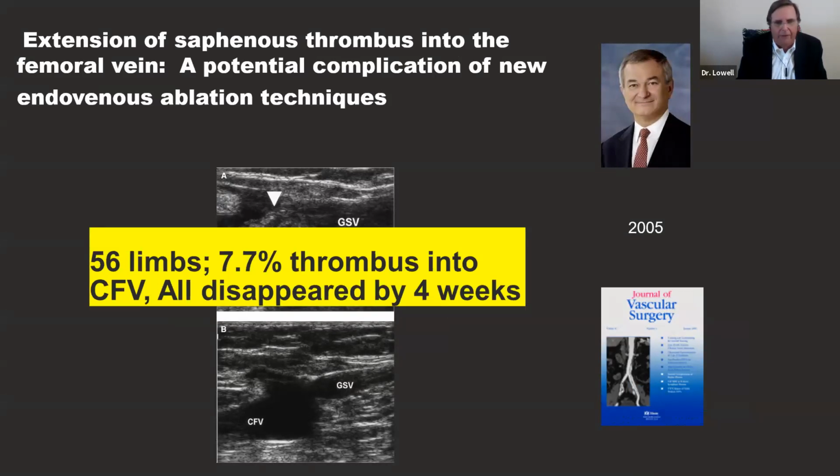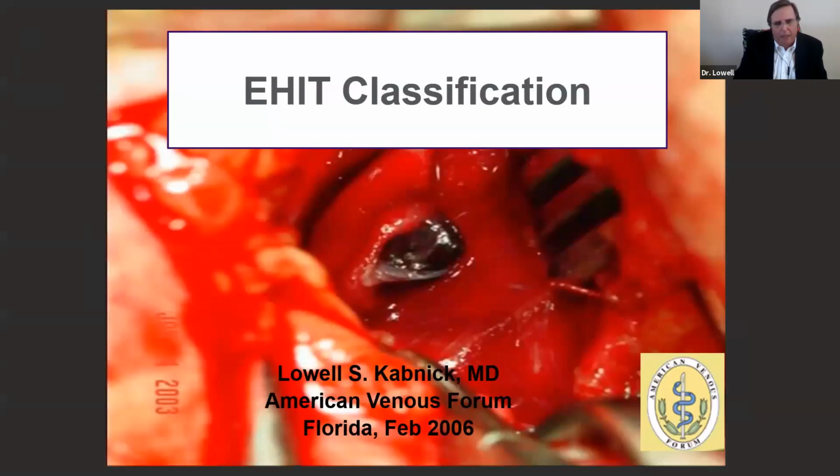And at the Mayo Clinic, they had 56 limbs with a 7.7% thrombus into the common femoral. And he even put a filter in 1 case and did a thrombectomy. But what he did understand was that at 4 weeks, this entity seemed to disappear. So one of us, myself, chose low molecular weight heparin, and he made the discovery that at 4 weeks, this entity seemed to disappear. So this was something that was interesting to me, and in 3 different institutions in Miami,